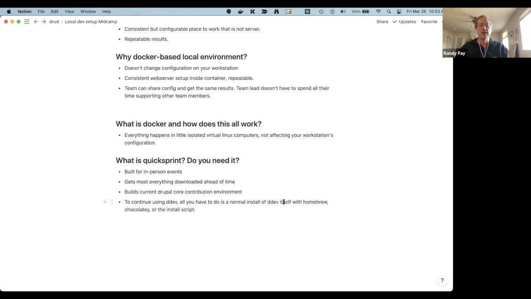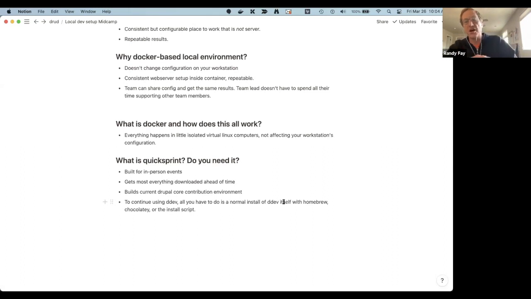And really, if you've set up with Quick Sprint and you want to go forward with DDEV, the only thing that's different is that you will probably want to remove the manually installed DDEV binary, usually in /usr/local/bin on Mac or Linux.